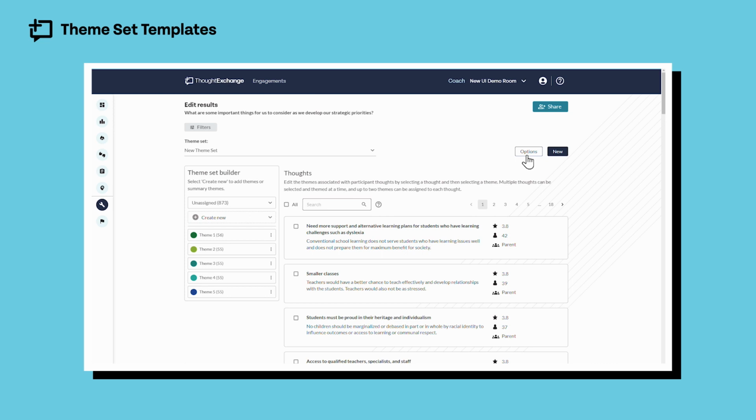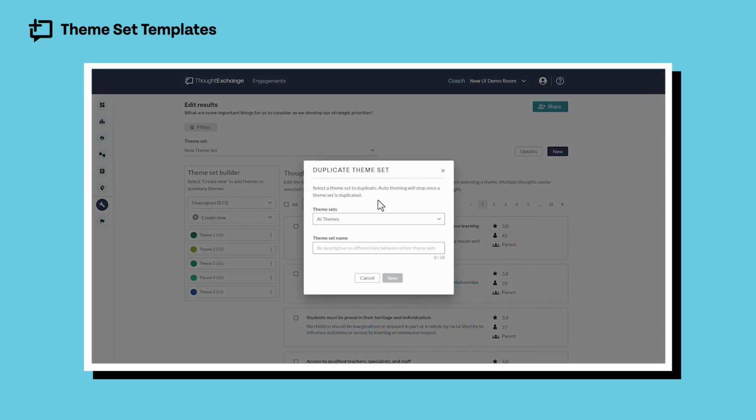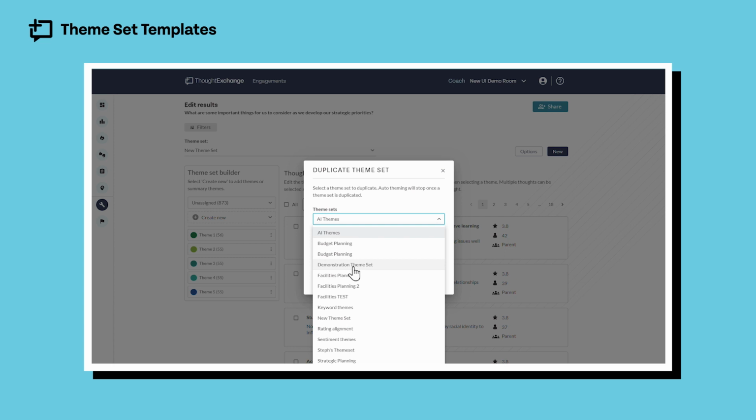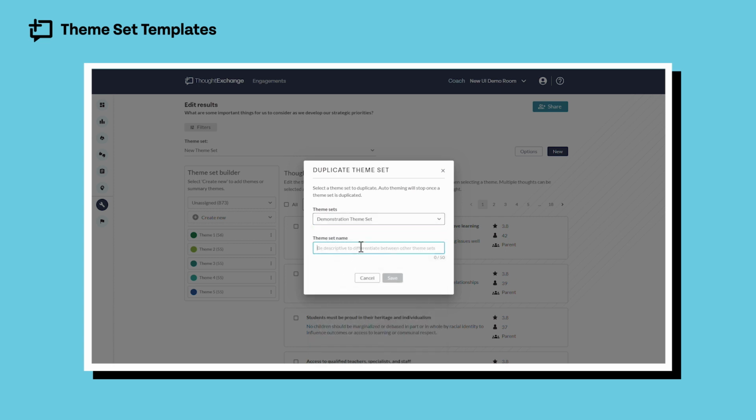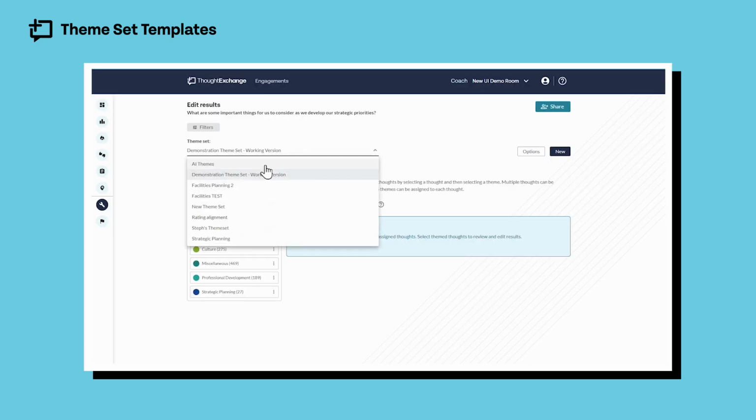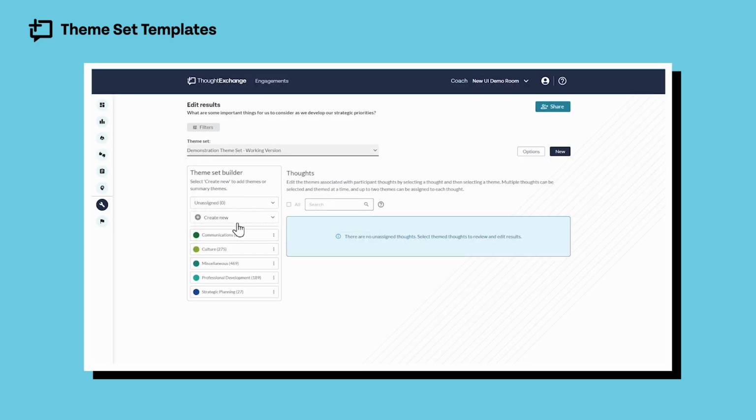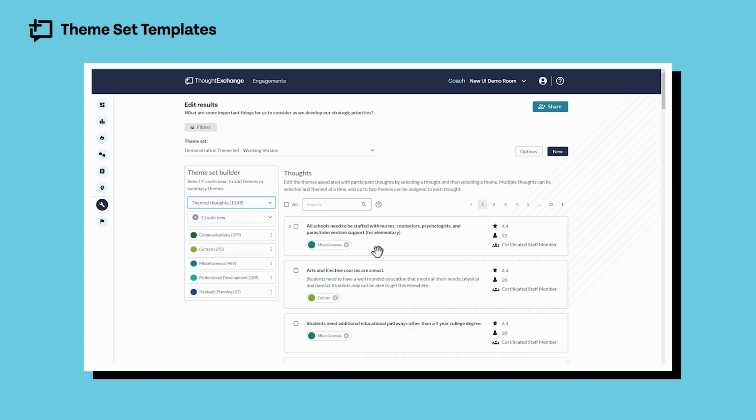I can't change the AI-generated theme set directly, so I'll start by clicking the Options menu and selecting the Duplicate Theme Set option. This will allow me to create a copy of the theme set template that I've applied. All I need to do is give it a new name. I just need to provide a new title for the version I'll be making changes to, then I'll click Save. Now I can select my copied theme set from the drop-down menu here and make changes as I would to any other theme set. If you need more information on how to use the Edit Results tool, check out our help article specifically covering that topic on our help site,